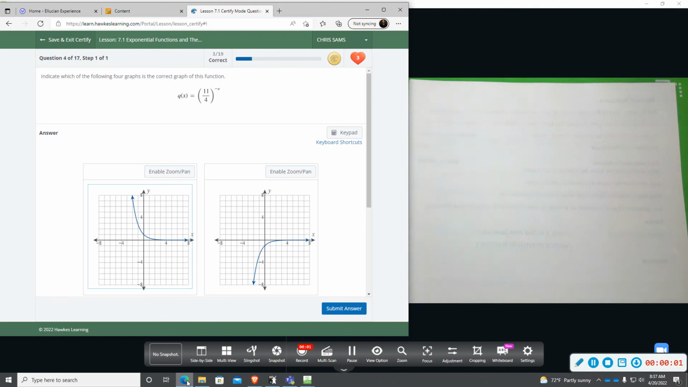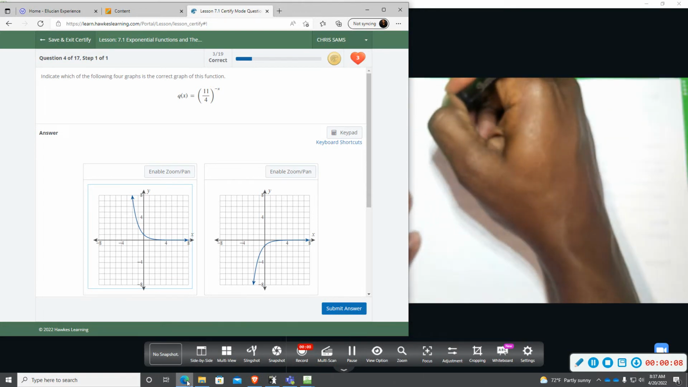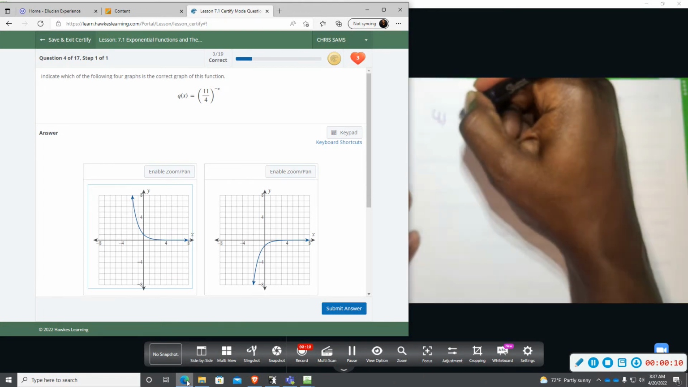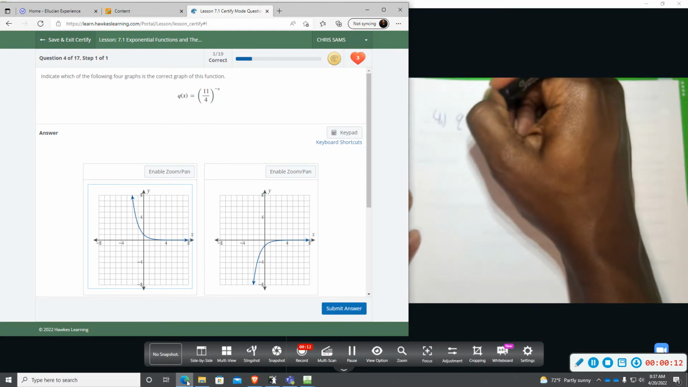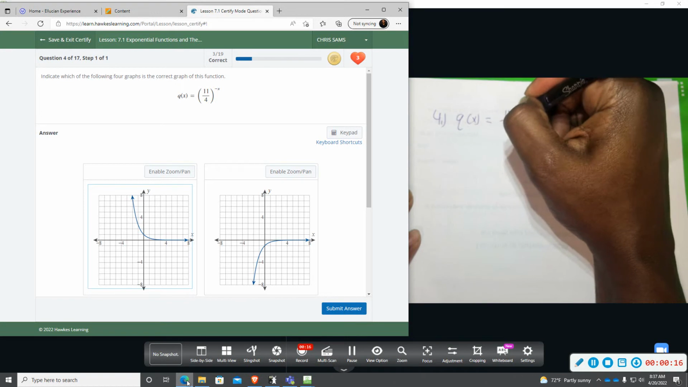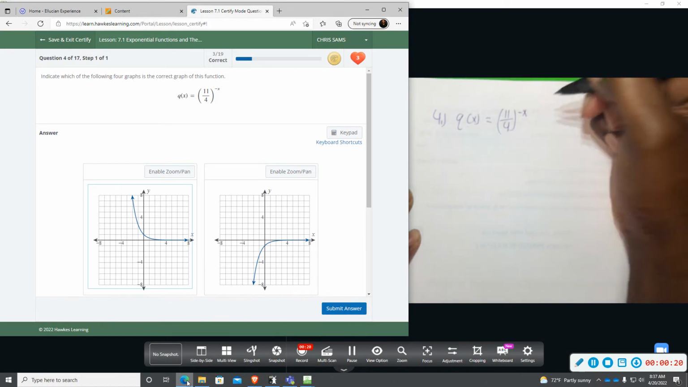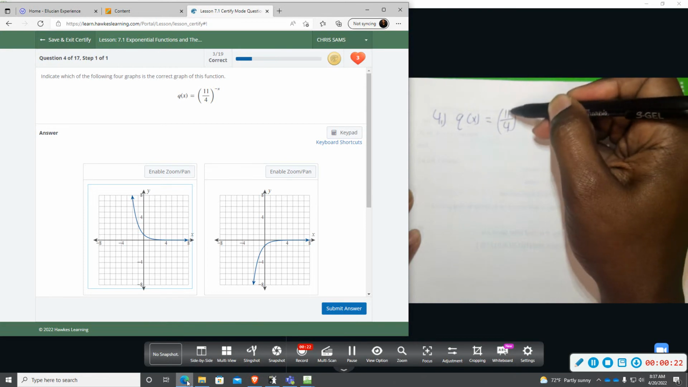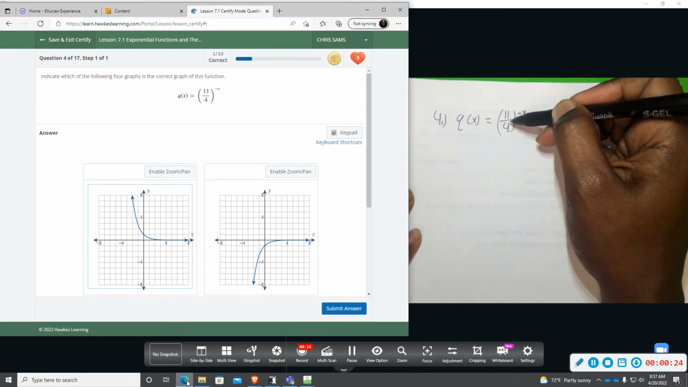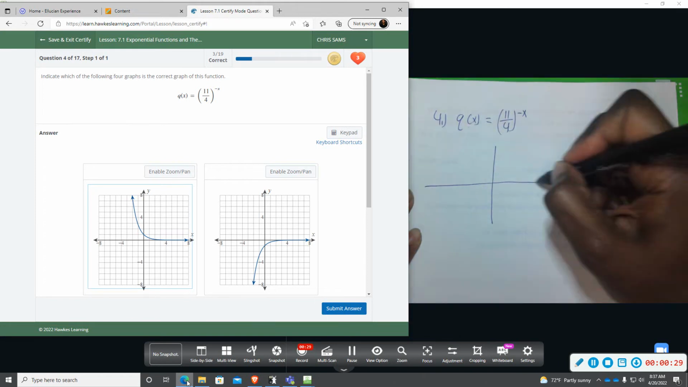All right, question number 4. This time things are changing just a little bit. So we have q of x is equal to 11 over 4, and then it has a negative x power. Since 11 over 4, if you divide this, is greater than 1, what that graph would traditionally do